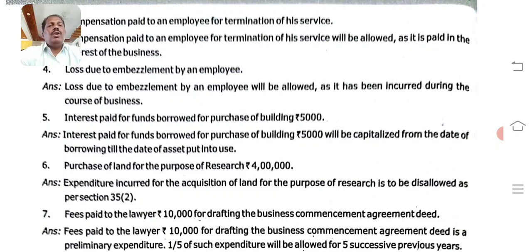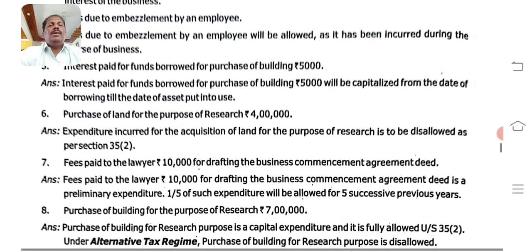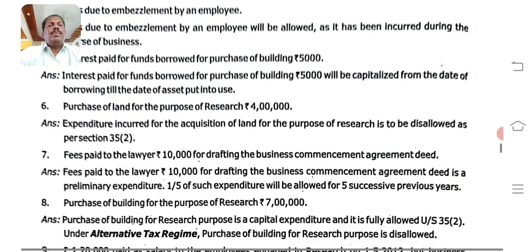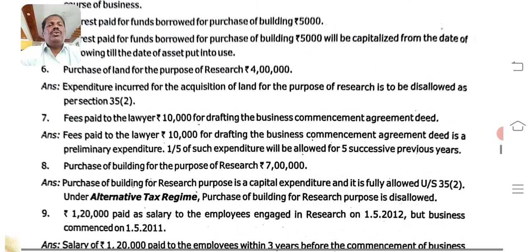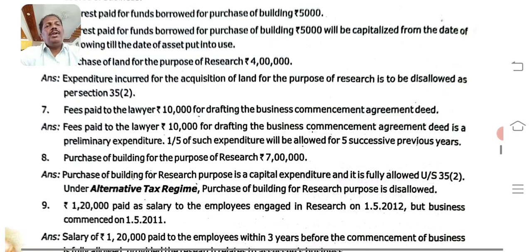Interest paid for funds borrowed for purchase of building, so it is capitalized. Purchase of land for the purpose of research, it is disallowed. Fees paid to lawyer for drafting the business commencement agreement deed, so for it is a preliminary expenditure. So 1/5 of such expenditure will be allowed for